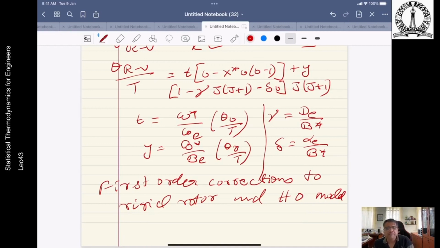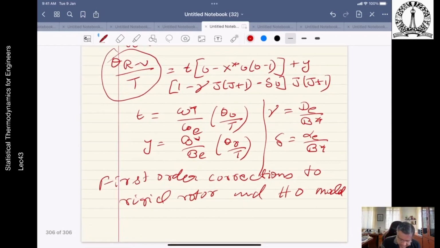So using this, you can now calculate what will be the theta RV by T. Now, using all these things, you can evaluate the partition function, which is written as, let me just finish this by writing this,